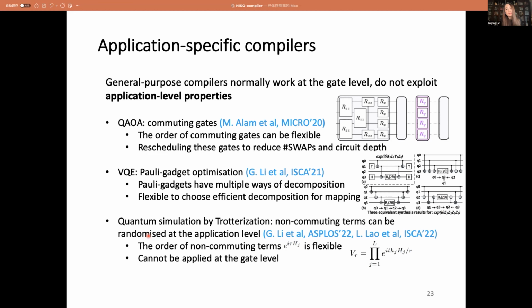So that's the reason why we are designing these application-specific compilers. As you said, we need to define some rules for this new type of compiler. This cannot be generalized to other applications, which is a drawback of this type of compiler, but it will improve the application fidelity. Okay, I see.